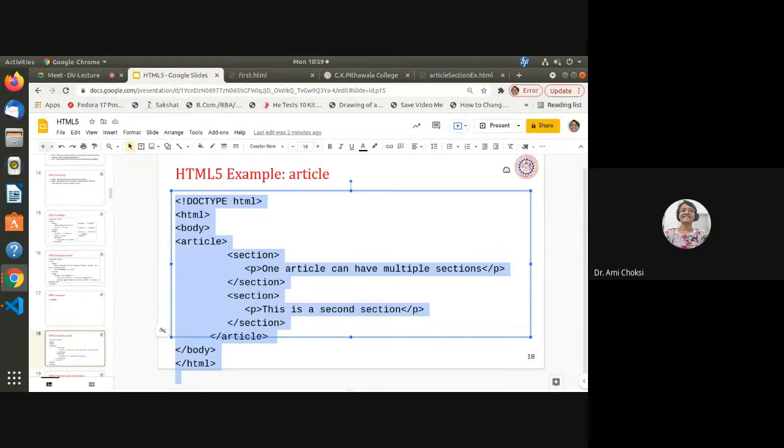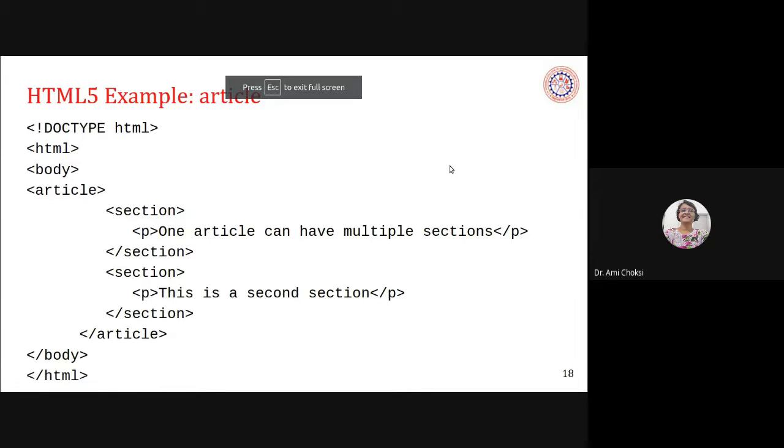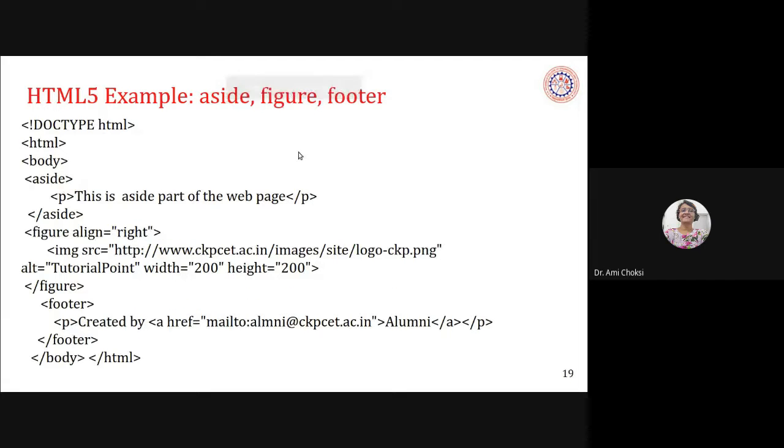Now let's see the next one, that is aside, figure, and footer, the new tags in HTML5. Let us see an example of all of them. We have the doctype, HTML, body. We know that inside HTML we have the head tag, inside that we have the meta tag, and title.